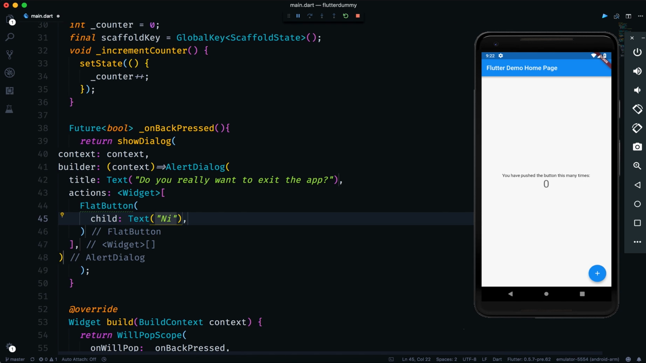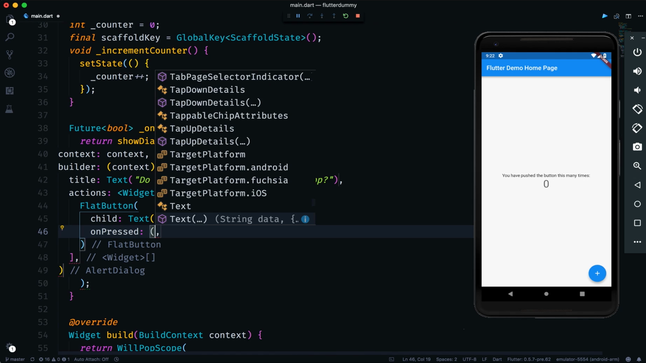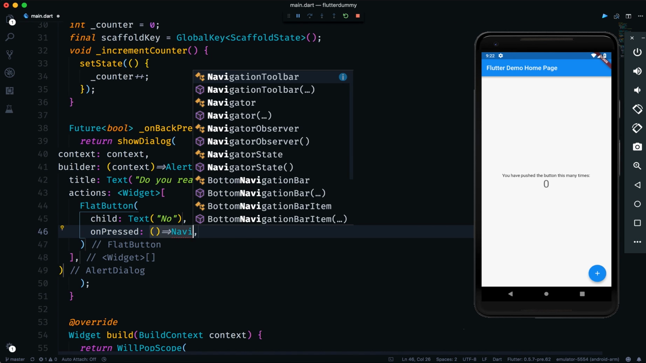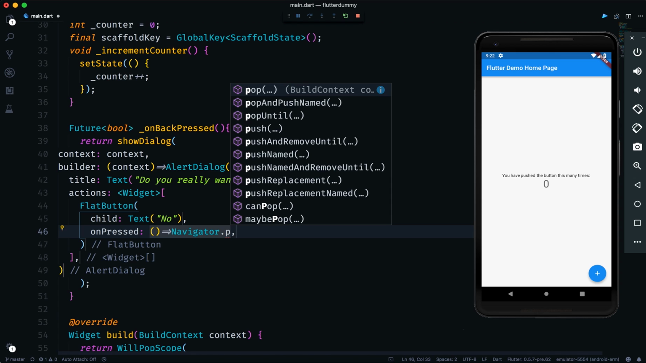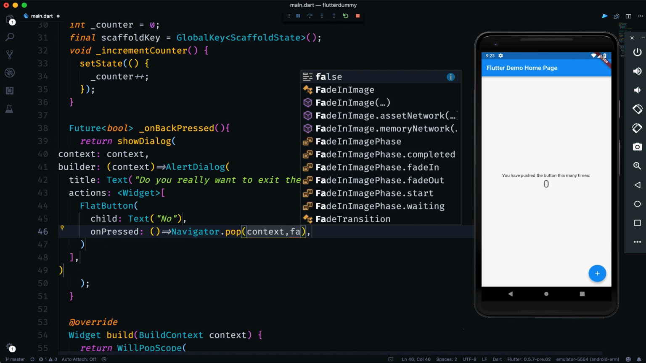Okay, and let's first say no. It has an onPressed event, and if it is saying no, then what do you want to do? If he's saying no, you will just close that particular pop-up. You can say something like Navigator.pop, and you can also pass the variable false, which means